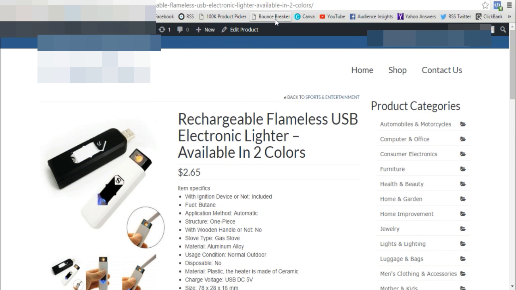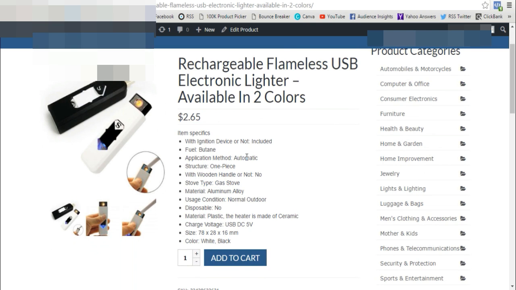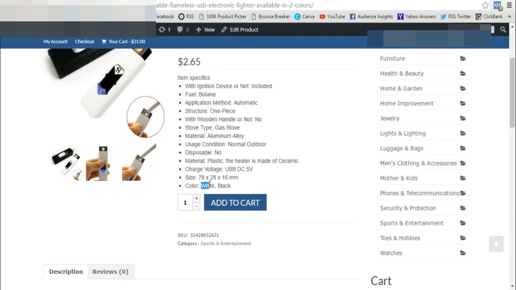Cool. So we're done. Now this is just the tip of the iceberg. So we're not done yet. We've uploaded the product, but the thing is, this product comes in white and black. Therefore, this particular product here has some variants. Therefore, we need to do further editing, and I will show you exactly how you can add an option whether